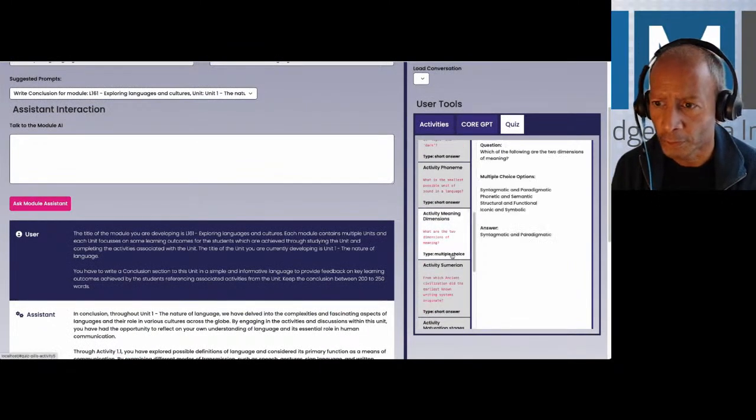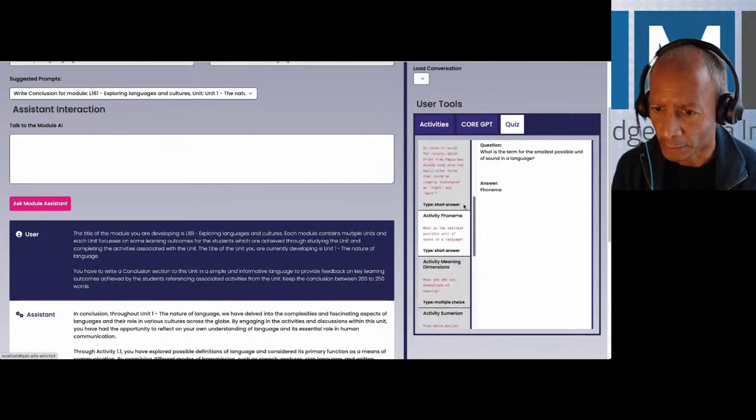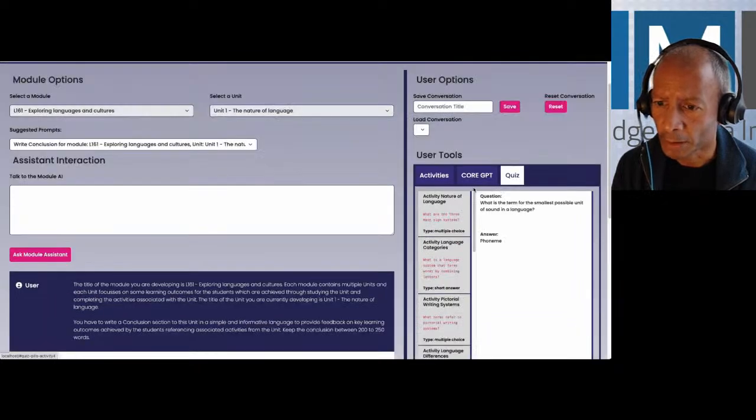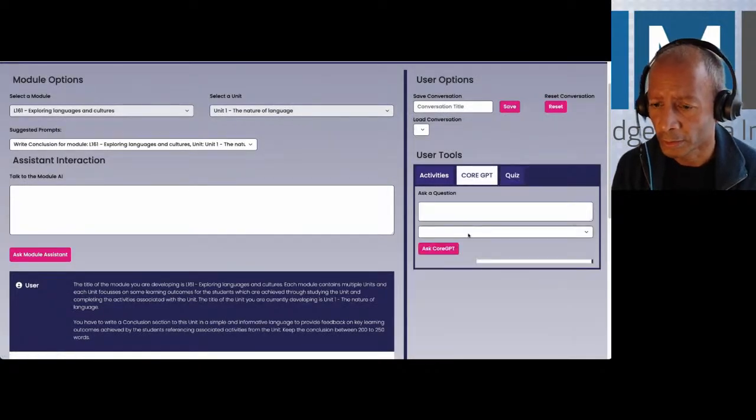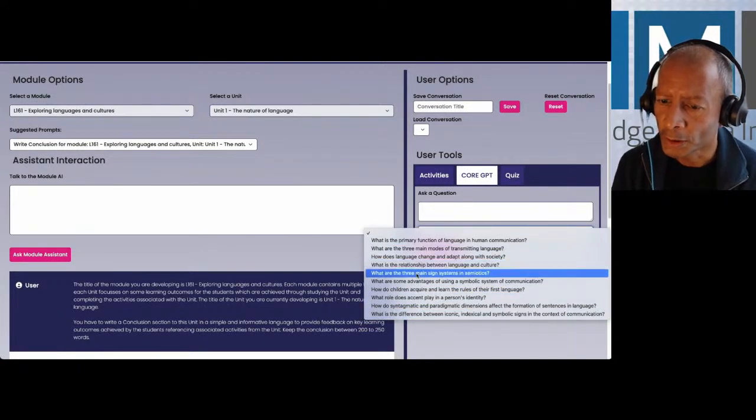developed the software for. You can generate quizzes automatically. So you can say, okay, could you generate some quizzes? Then the system generates the quizzes and the answers. And again, the idea is that the academics can reject this, or they can use it, or it can be inspirational. Here's a link to Core GPT.